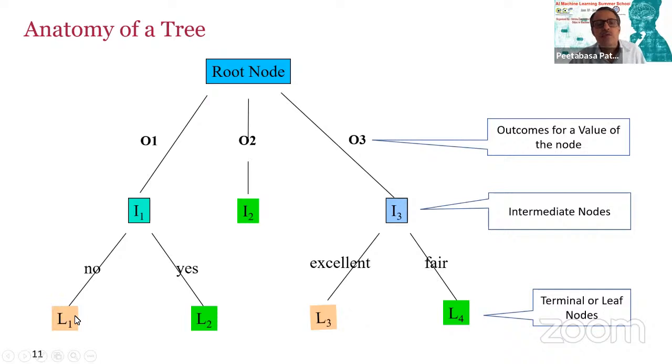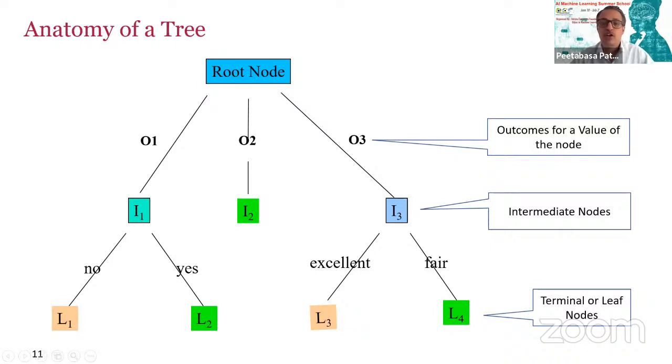Finally, when we have a decision clearly given at the end of the tree, just as you trace a tree from the root to the trunk to the branch and keep on reaching, where is the tip of this? That's basically a leaf. So those are the terminal nodes, also called leaf nodes. The leaf nodes are basically the decision makers. They will give us a decision: yes or no in computer buying,